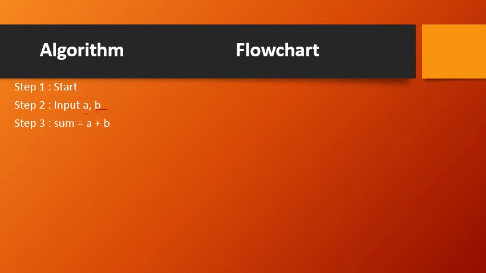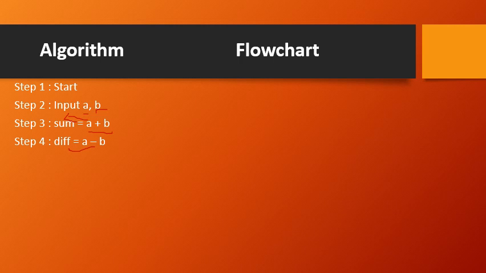Okay, so once I read the input, the next step should be what? I should be performing the sum. So step number 3 is going to be, I need to add A and B, that is A plus B, you perform and then put it into a term called sum. Okay, then the first step is taken care of, that is addition is done. Now I need to perform the subtraction. That is, as the step number 4, I will perform A minus B and whatever result appears, I will store it into DIFF.